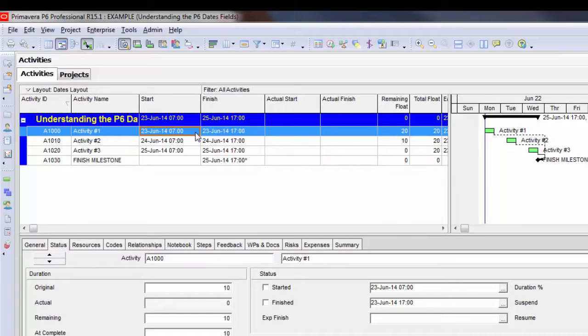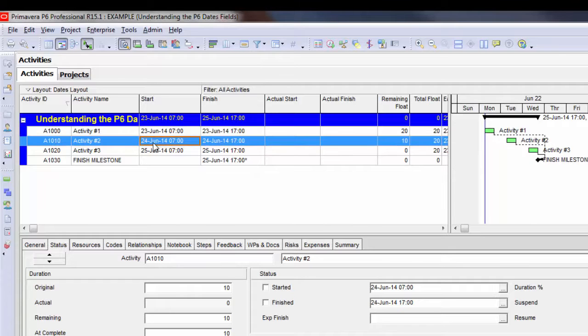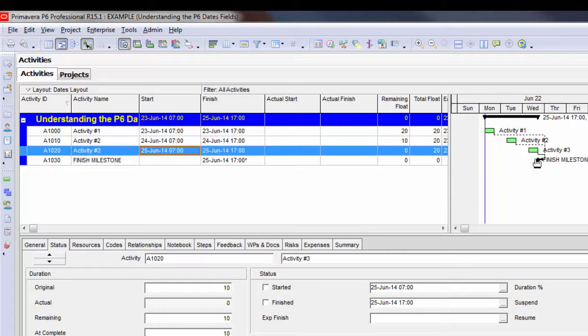In this case, I have the 3 activities leveled out, and you'll see that the first activity now shows 20 hours of remaining float. So that's the float available between activity 1 and the finish milestone. But the second activity has leveled out, so some of the remaining float has gone away, and now it only has 10 hours of remaining float. The third activity has pushed out the furthest, and it's actually bumped up against the finish milestone, which shows 0